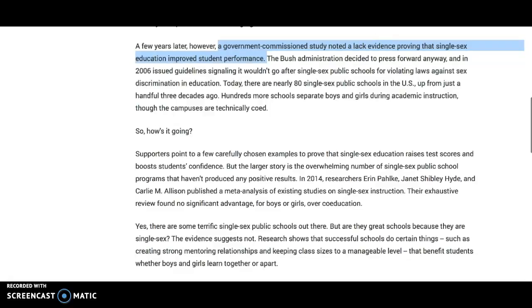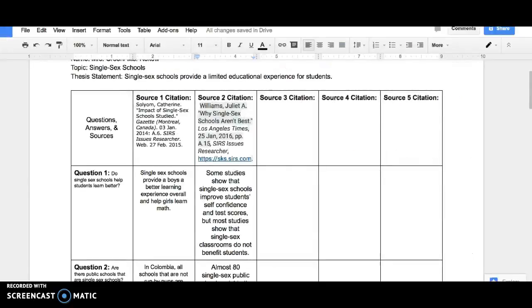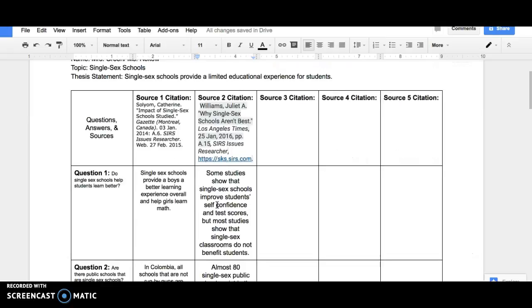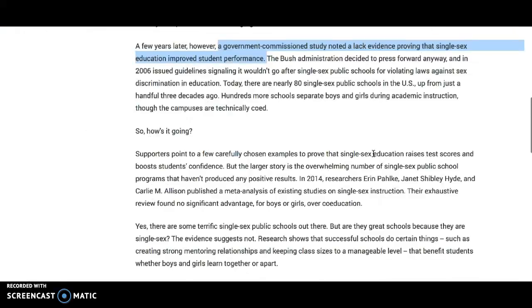And so I paraphrased this information to answer this question. Notice that I said this in my own words. I did use the words test score